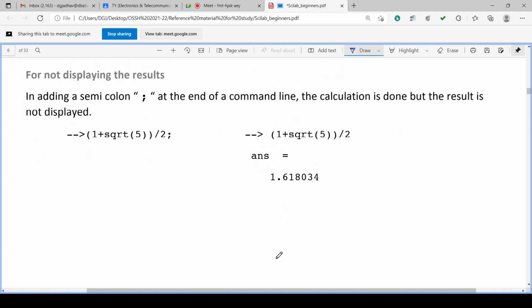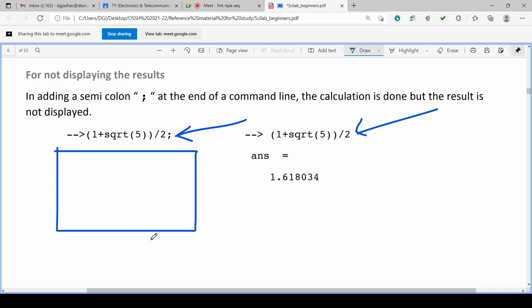Then for displaying the result, we do not give the semicolon at the end of the expression. If you don't want to display the result, we give the semicolon, which acts as a delimiter, and it will not display any result. Result is not displayed. Okay.